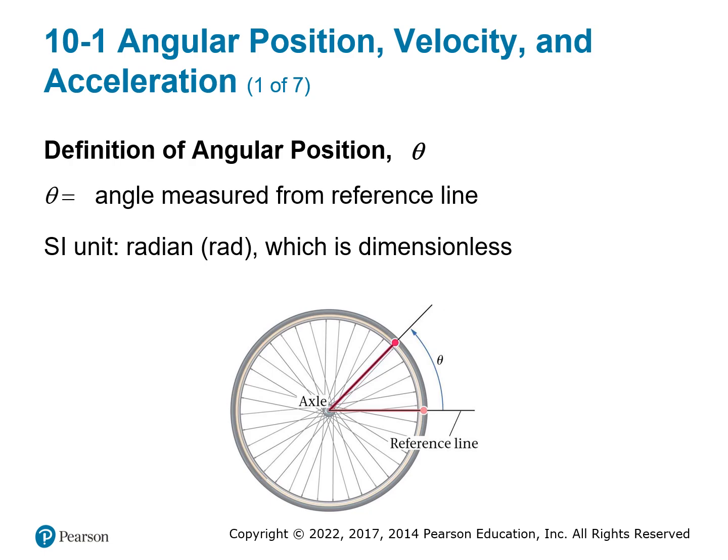So first and foremost, you have position, velocity, and acceleration for rotation. For angular position, we are now going to represent this as theta, which is the angle measured from the reference line. So wherever you decide your reference line is as the start to where the object stops rotating, that's theta. You measure theta in radians, which is dimensionless. It's not x or y, right? It's on a curve.